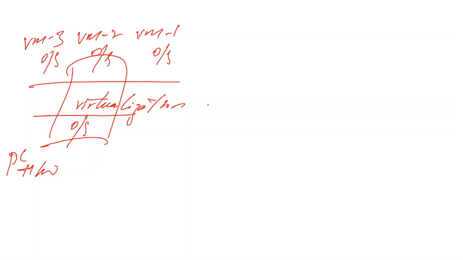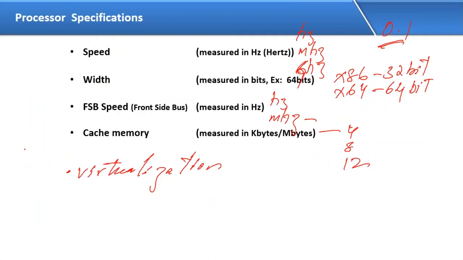If your processor is supporting it, then we can install virtualization. If the processor is 64-bit but it's not supporting virtualization, we cannot go for these machines here. When purchasing the processor, check whether you have it or not. The next very important thing in our processor, the feature is called what here?